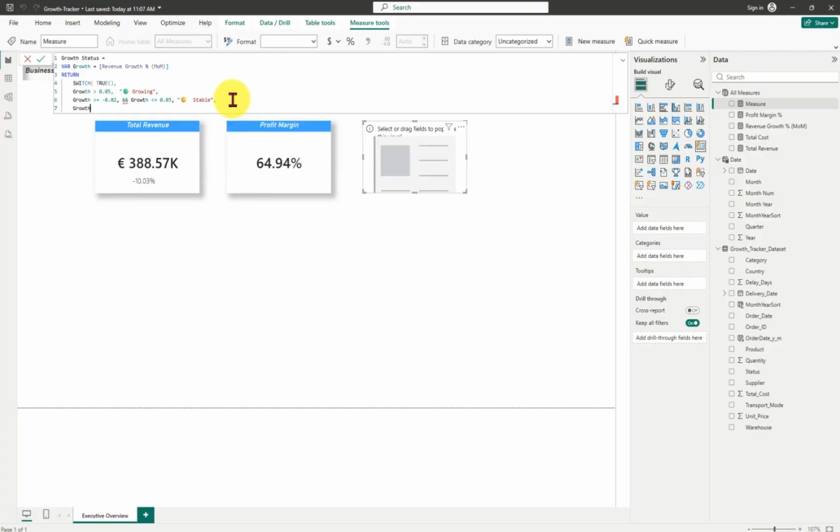If our growth is less than minus 0.02, if the growth is less than this, then what we know next is we are losing. We are losing. And I believe we wouldn't want to lose. So this is just all we are trying to say. So we are going to have losing,